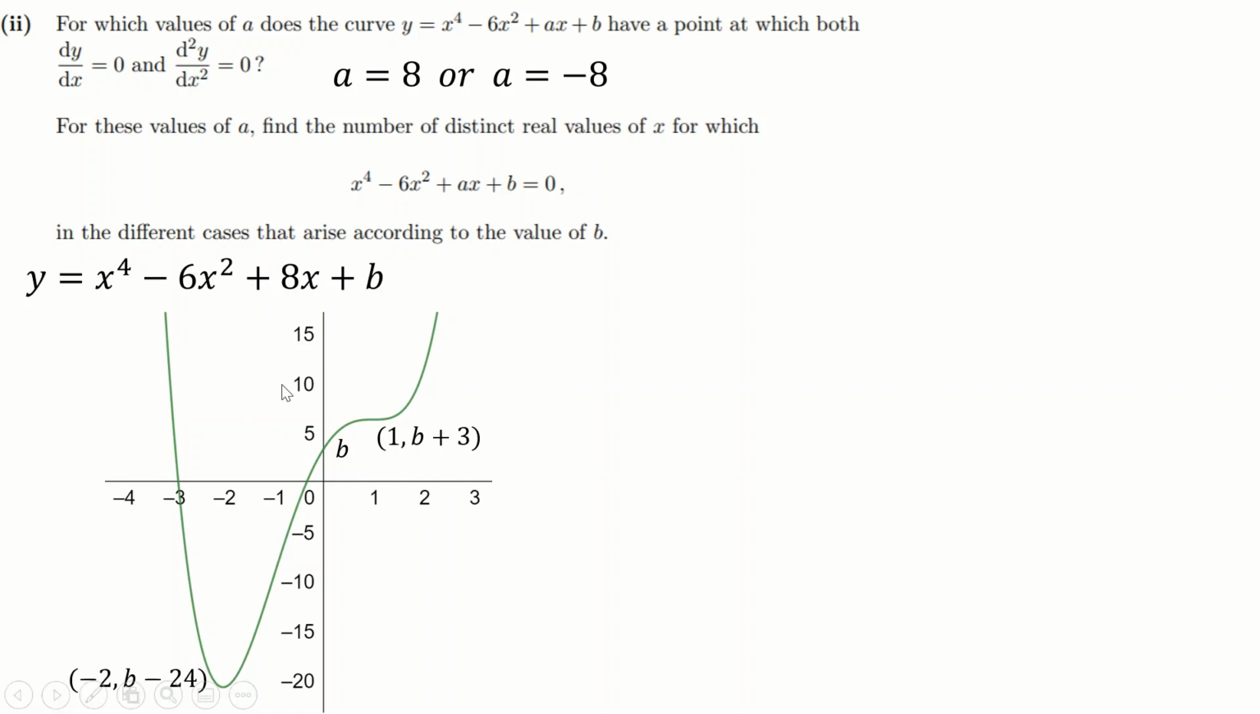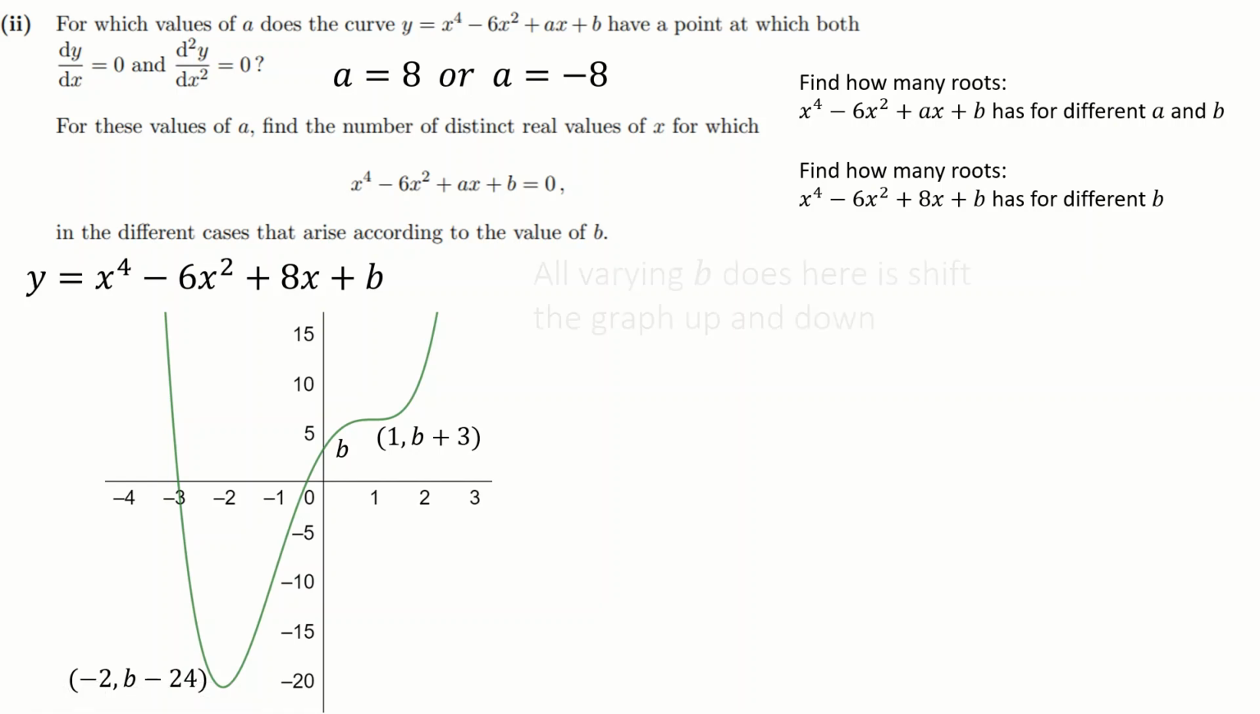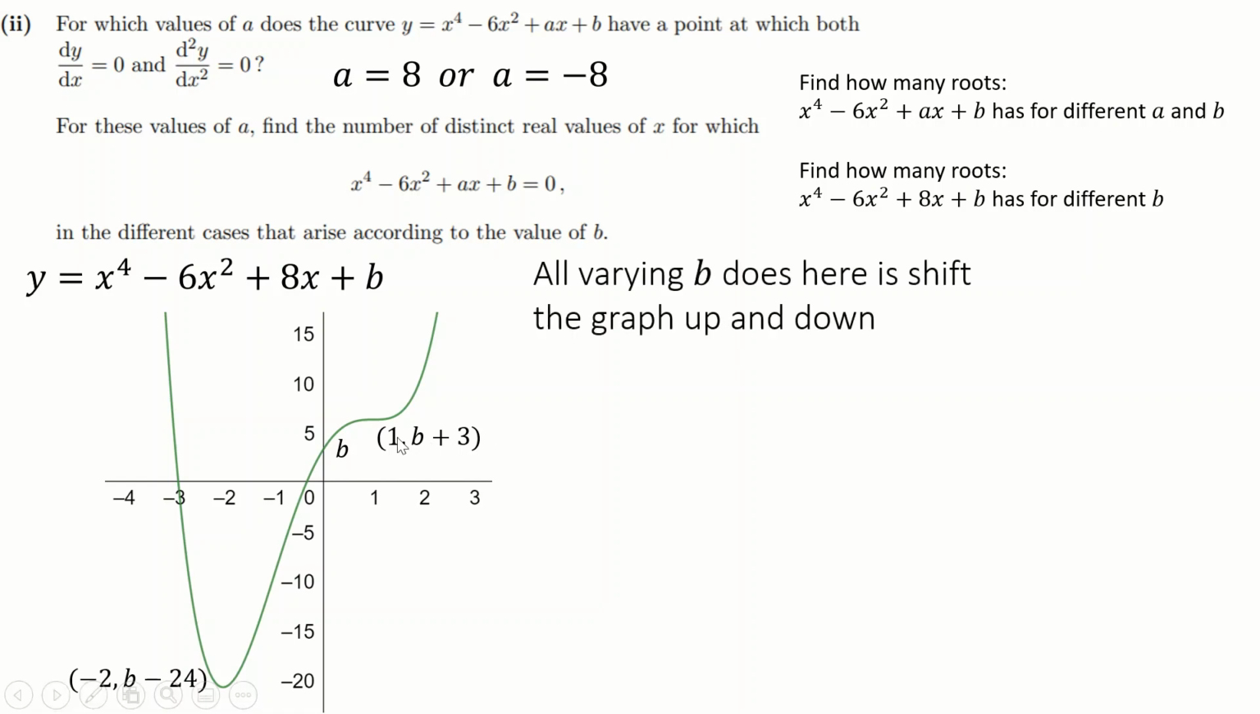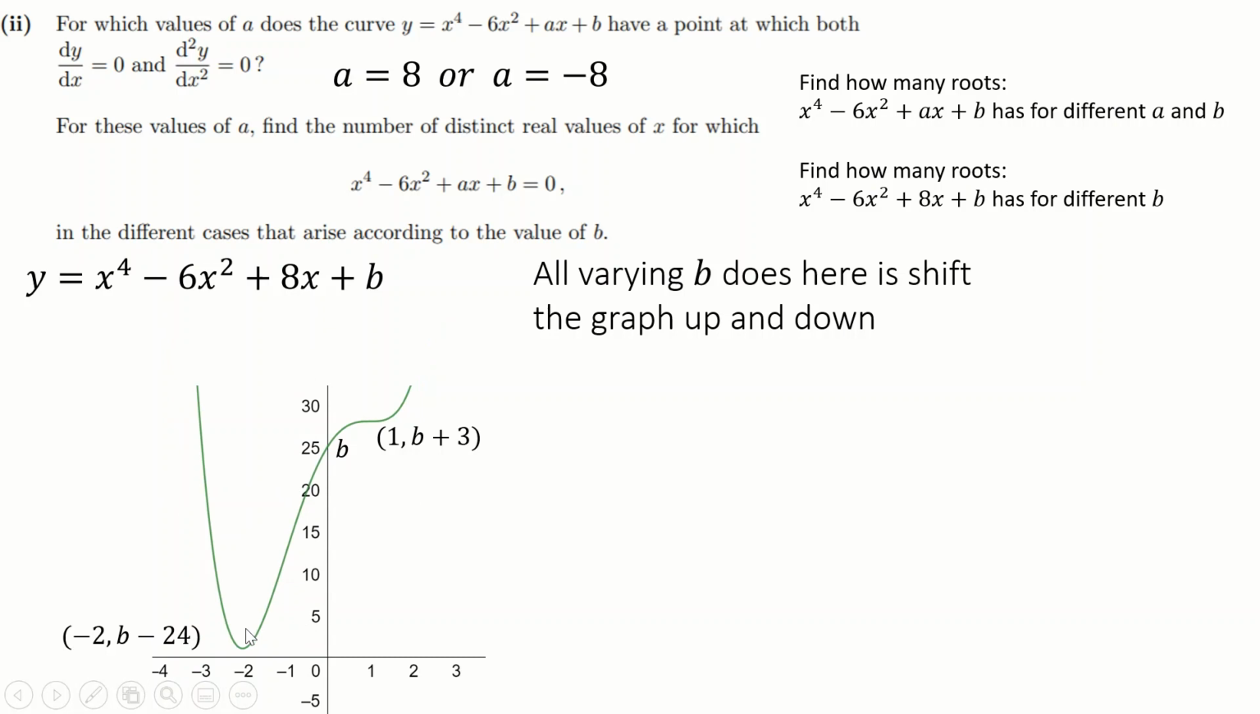So let's think about how many roots this has for different values of B. Now again, all B does is shift this graph up and down. So let's shift it all the way up to start with. Let's move it really, really high. This is what I've just been saying. Let's move it really, really high so that this